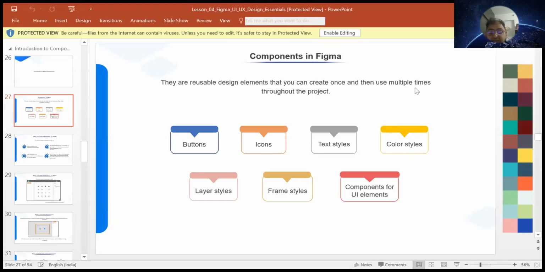So what are those components basically? Buttons, obviously, icons, right? Text styles, multiple text styles are there: h1, paragraph, header, subtext. Color styles, obviously I'll create some color styles. Layer style, frame style, you can create frames also, and components for UI elements. So components for UI elements is a big thing. Many things come into that one. We will sit one day for only the design system, where I'll showcase all the components, how to use them,